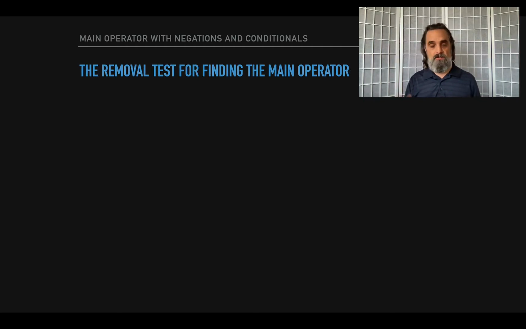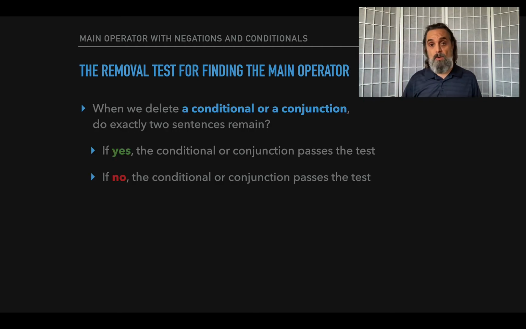The removal test for finding the main operator works basically the same way. We just want to be clear, how does it work when we're looking for conjunctions? And it works the same way as when we're testing for conditionals. So when we delete an "and", then we should be left with exactly two sentences, because that's how we build an "and" sentence, except when the "and" comes between a noun or a verb, right? And then we need to be a little bit more sensitive about, oh, I just took it out from a noun phrase, so really it's,